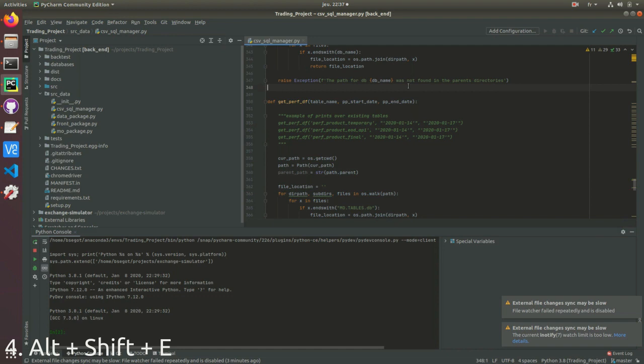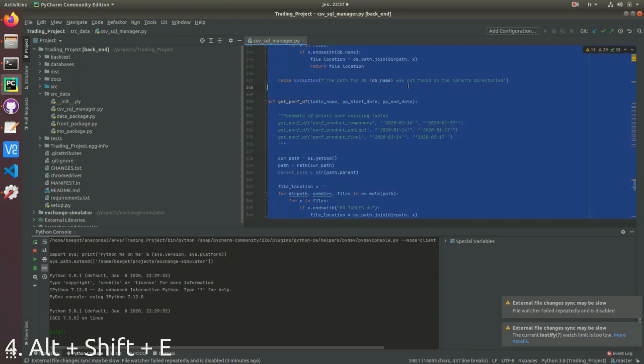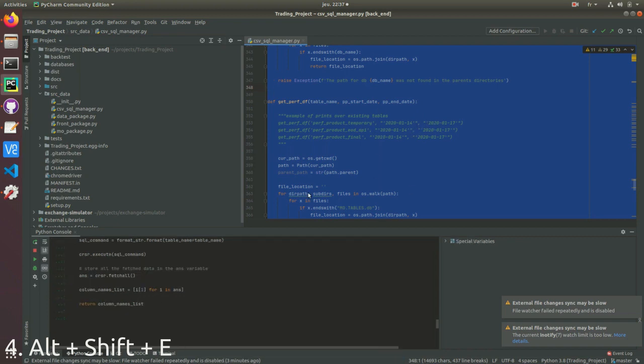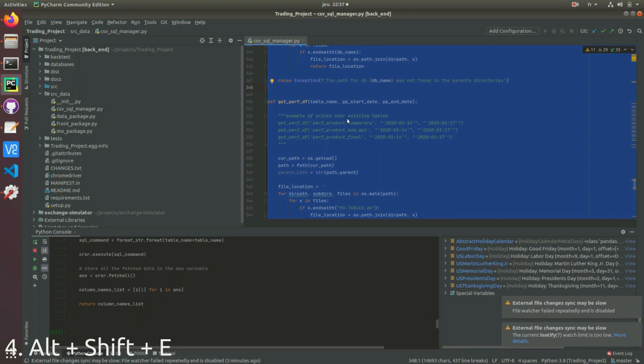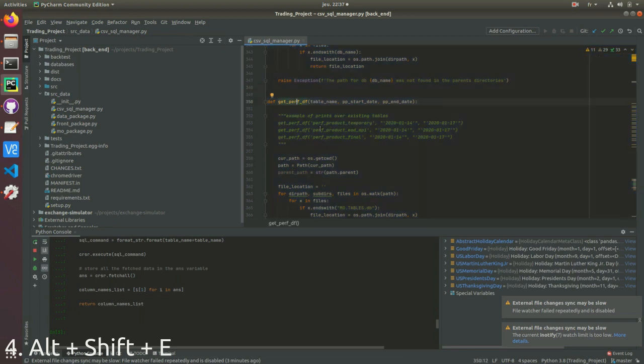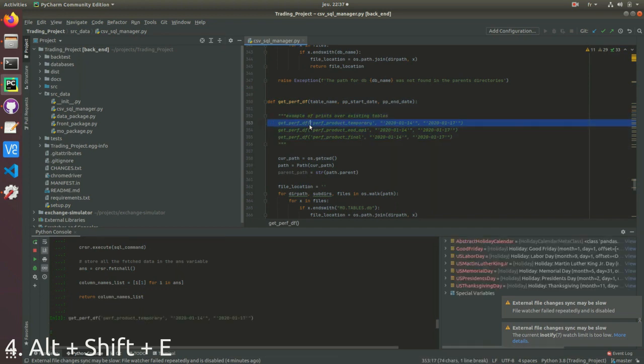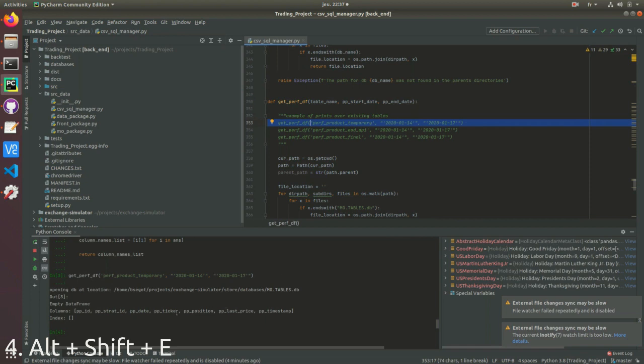So if you do Ctrl A, the new trick is Alt Shift E. If you do that, you can run the whole code into your Python console. As you can see, my whole code compiled, and now my function getPerfDF is compiled. And if I run it again, I select just this part, Alt Shift E, and the function was executed, and we saw that here we had